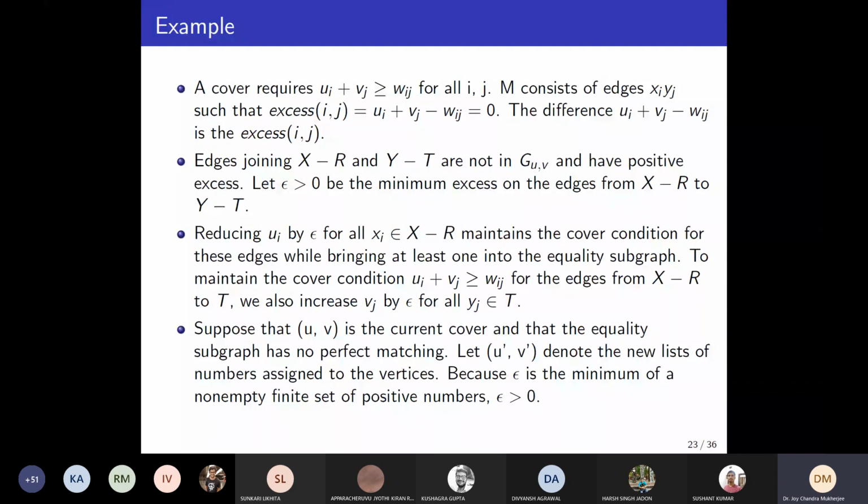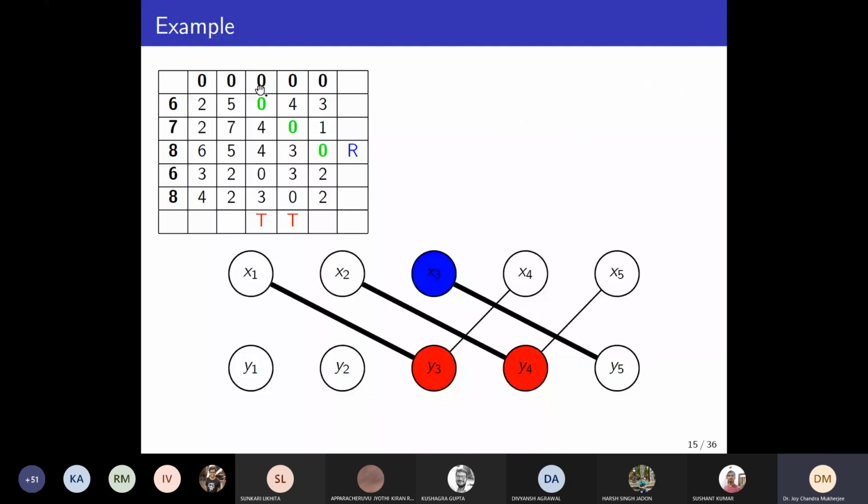What is epsilon? This line is cut, this line is cut, this line, so zero is covered by all these lines. How is it covered? Because of this vertex cover. So y3 y4 will cover all these four lines, 1, 2, 3 and 4 lines, and x3 covers this line. So all these zero lines are being covered, and epsilon is the minimum of the rest, so epsilon must be strictly greater than 0. Okay,